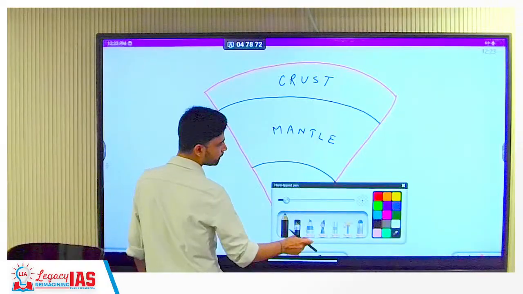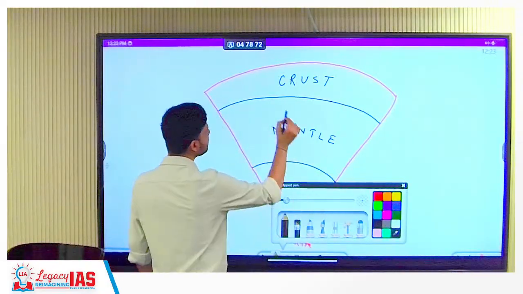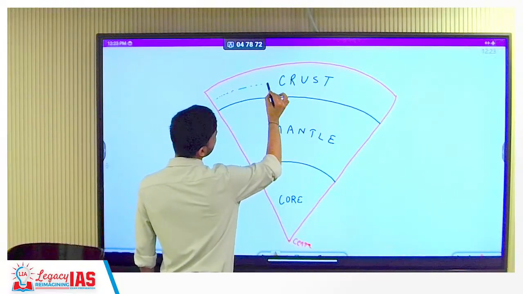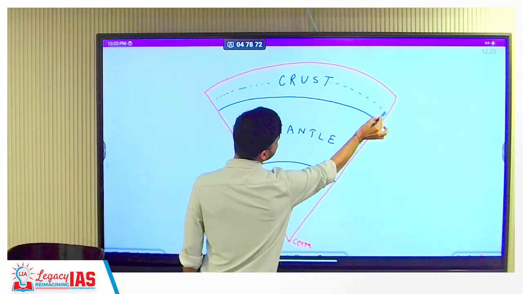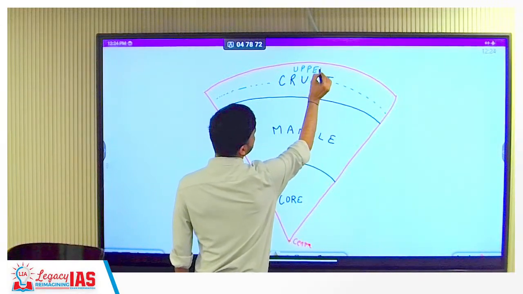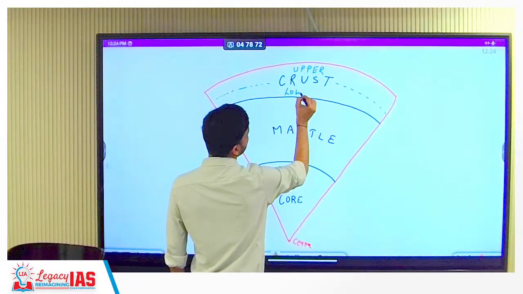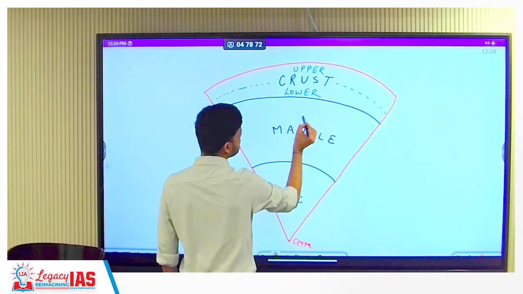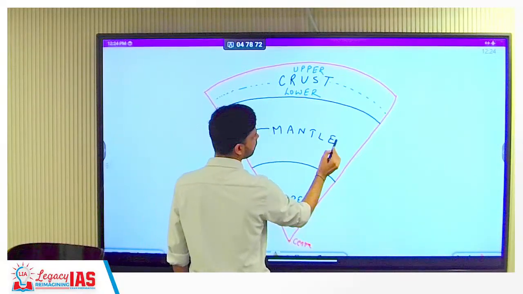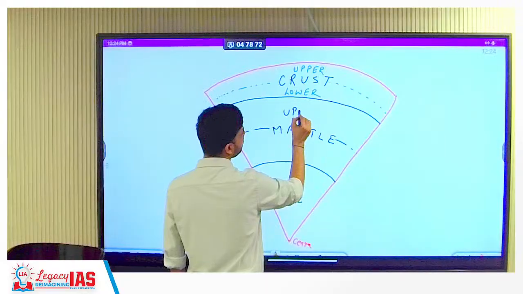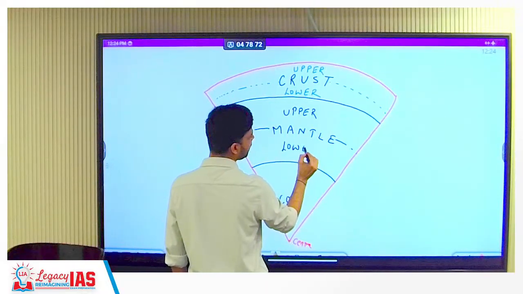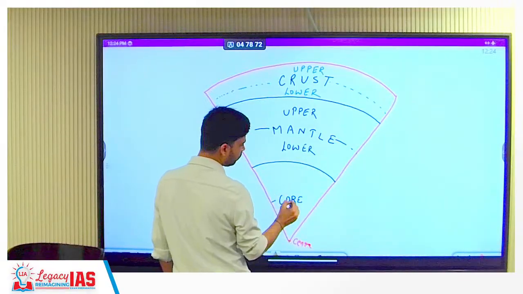Three layers of the Earth. Then later on, scientists further divided these layers also into two parts. So today, the crust itself is classified into two types: the upper crust, and then we have the lower crust. Similarly, mantle is classified also into two types. The upper part is referred to as upper mantle, and then we have the lower mantle, and the core is divided